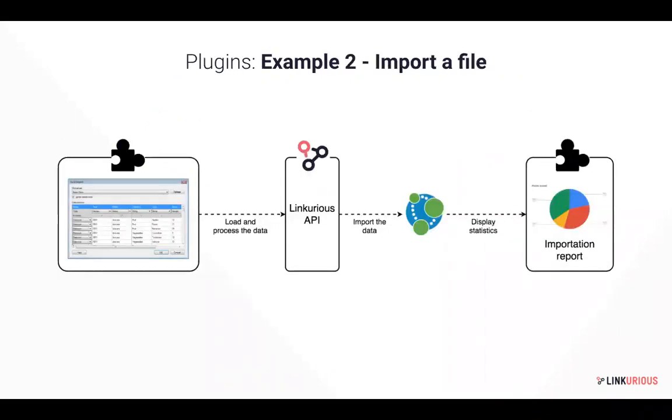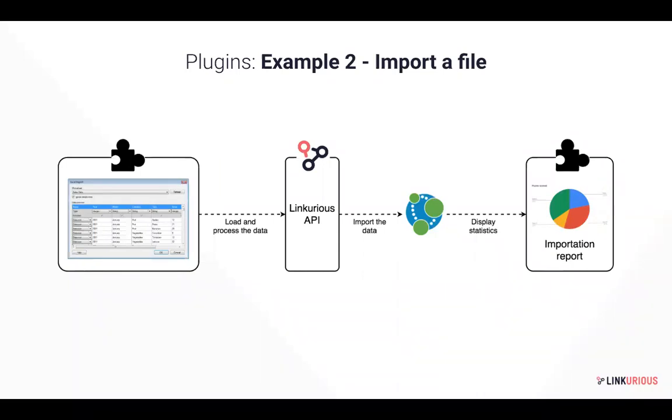The second example of what could be done with plugins would be how to import a file, let's say a CSV file. Let's say that you want to manually import a CSV file within your database, that could be Neo4j, and you don't want to do that by running a script or Cypher script, or have to deal with any backend